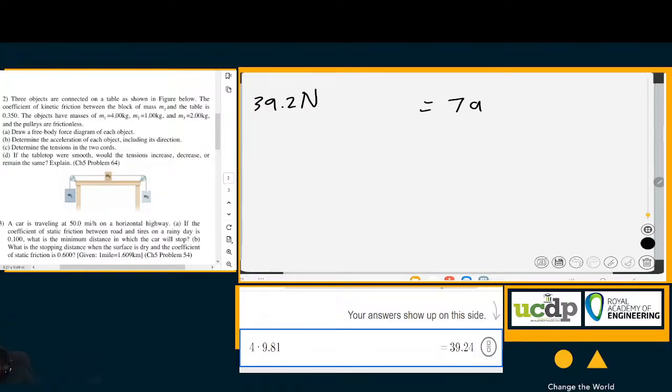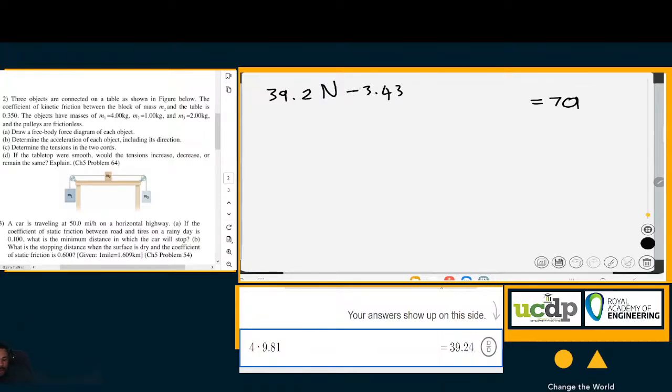And feel free to just check my math. If you add them all up, I'm not interested to know if you can add. If you add all of that up, it is then equal to 7a here. The T3s are going to cancel as well, because it's going to be negative on this side but positive on that side. So the tensions all cancel and you're left with 39.2 newtons, 39.2 newtons minus